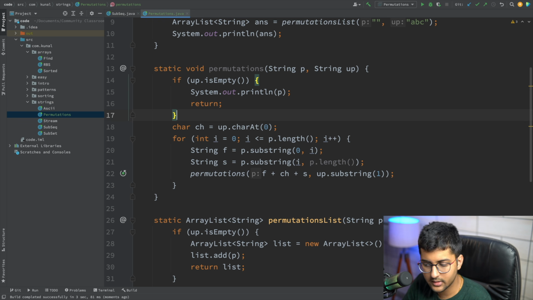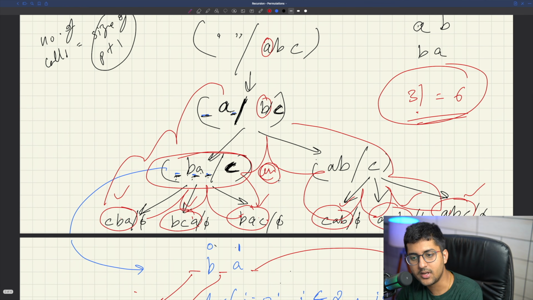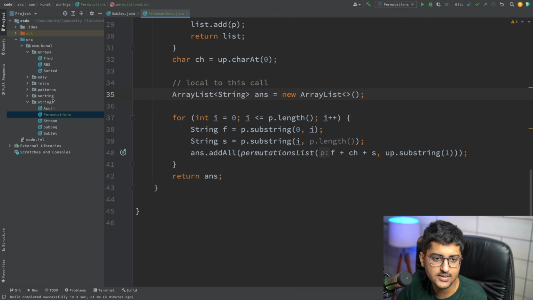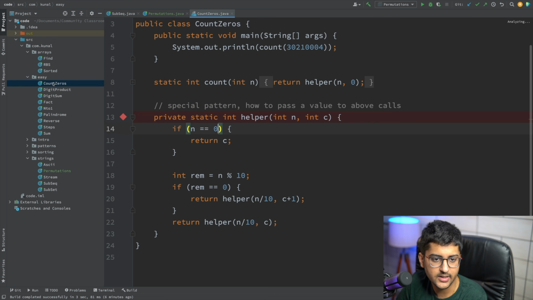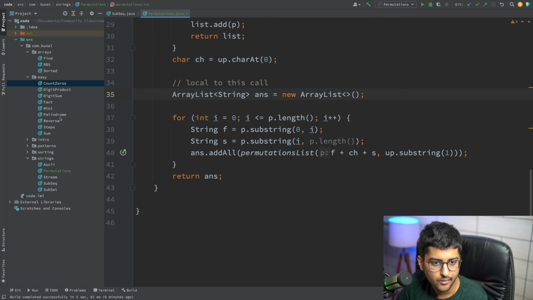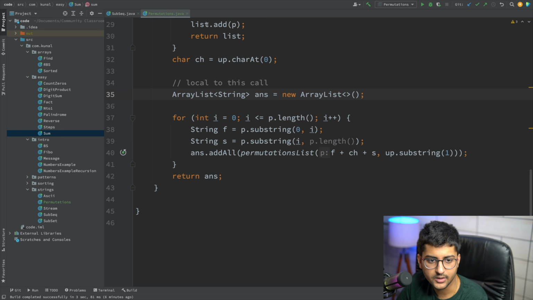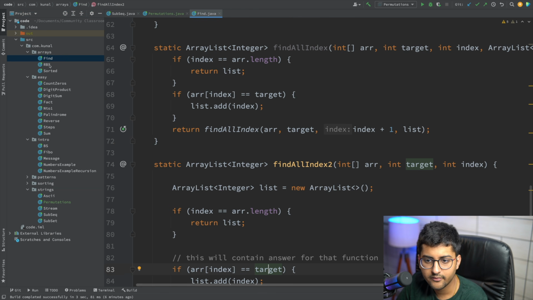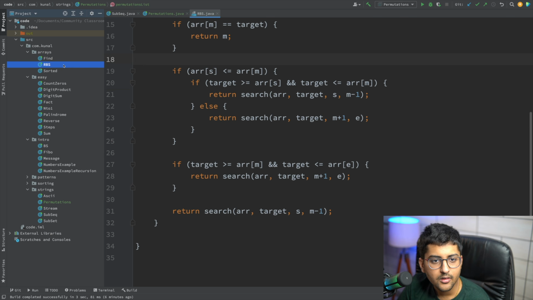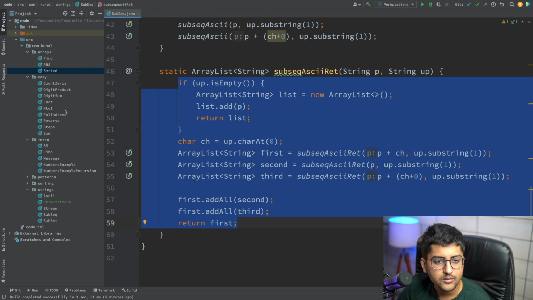Let's move forward then. Now a similar question can be, instead of just printing all the permutations, try to see how many answers you may have. We've already done something like this. Where is it? Somewhere over here we said count or something. I think we have done this. Not sure where, but I'm pretty sure we have. Sum or something? Nope, not this. Binary search? Nope. Sorted? Nope. Where is it?